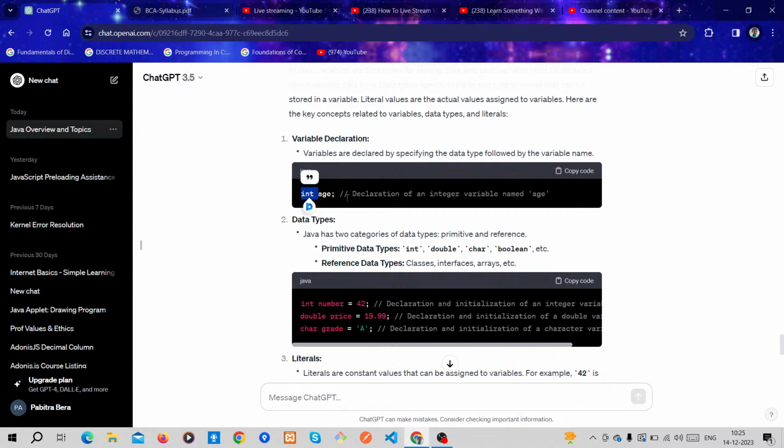Here you can see int is a data type, and age is a user defined variable name. int indicates that age is an integer type variable, and it only stores integer values, meaning a number can be stored in this age variable.